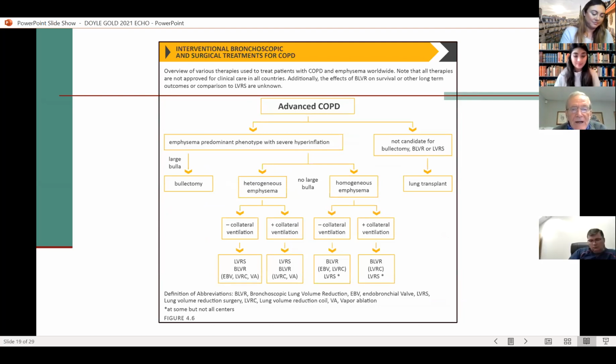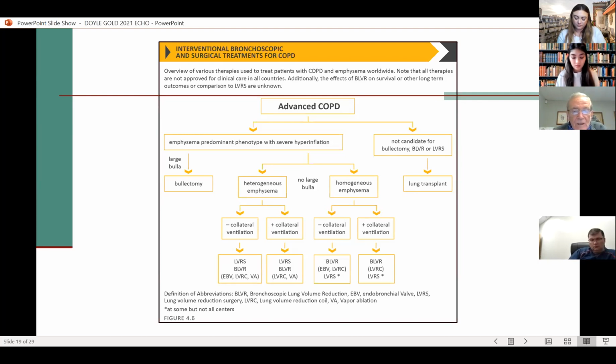This slide is about interventional bronchoscopic and surgical treatments for COPD, which was very well covered by Dr. Zulfikar in our last echo. So this is kind of the gold slide that summarizes all the things Dr. Zulfikar was telling us about. And mainly what we're hearing here from our patients is lung reduction surgery, and that's called LVRS here, lung volume reduction surgery. And then we're definitely hearing about